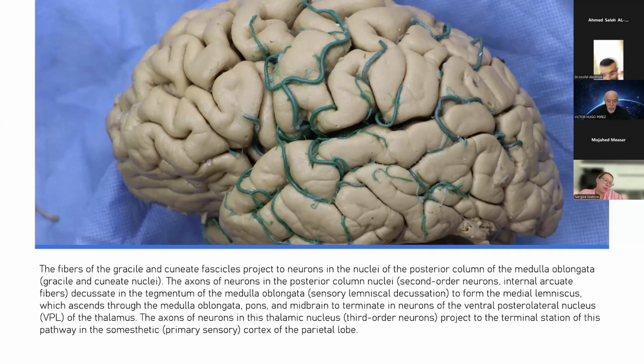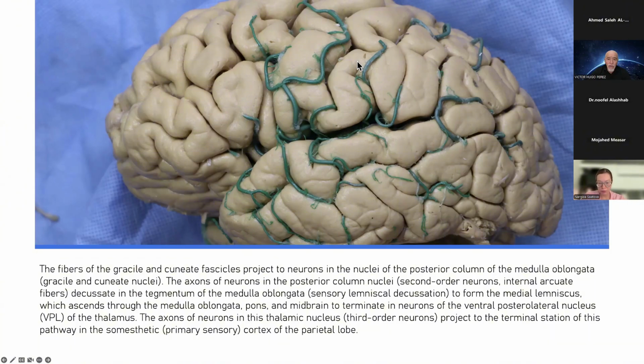The axons of neurons in this thalamic nucleus are named third-order neurons. This thalamic nucleus sends fibers that project to the terminal station of this pathway in the somesthetic primary sensory cortex of the parietal lobe. In these pictures, we have the lateral aspect of the brain, the left lateral aspect, and we can differentiate